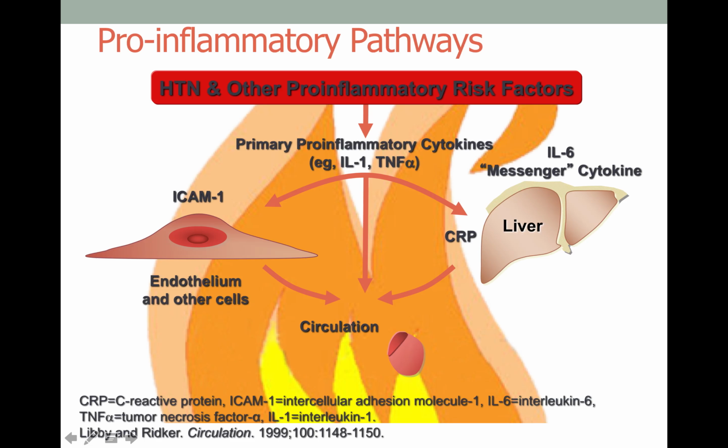But you can see these lead to three different options, excuse me. So they're in the circulation. They also, if we go to the left, will induce a release of IL-6. And in this case, IL-6 is identified as a messenger cytokine. It also seems to have some roles in pro-inflammation. And so at the level of the liver, this IL-6 presence is thought to induce the release of C-reactive protein. So remember, CRP is one marker that can be used to identify chronic inflammation,